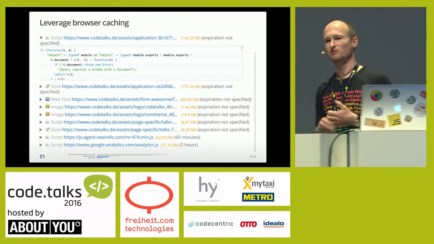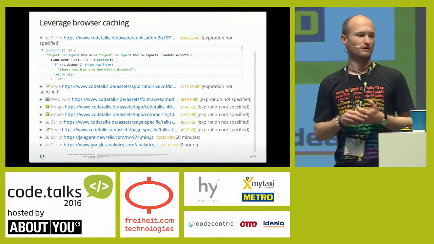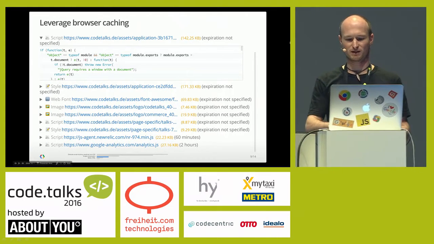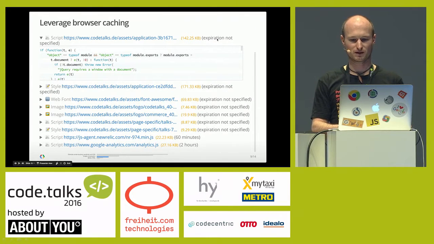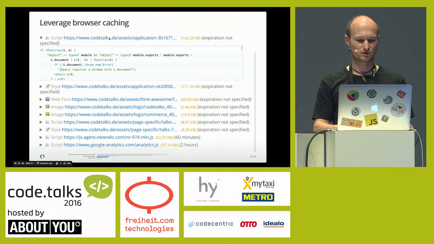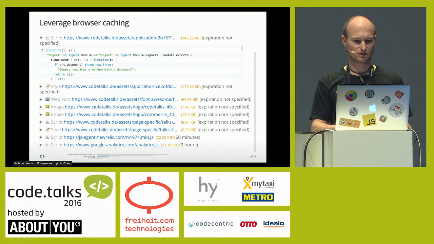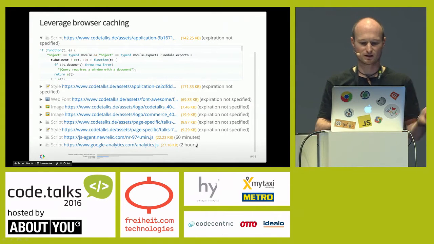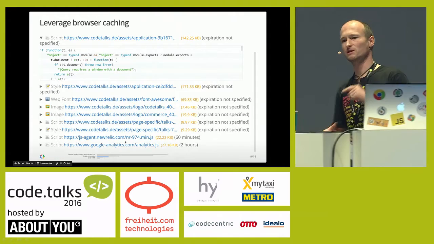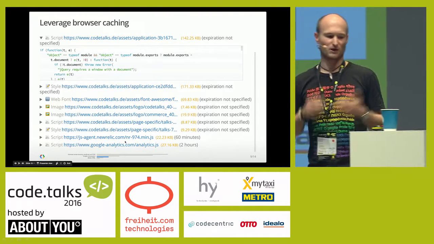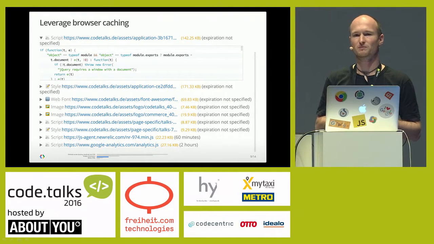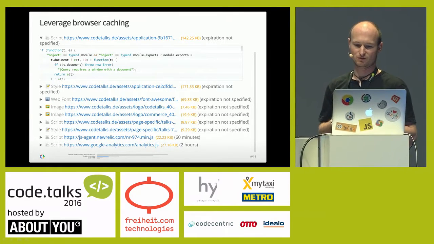And then we've talked about that earlier, browser caching. So none of the code.talks resources made any statement about cache. So you can see here expiration not specified. And this is consistent for everything, for the scripts, for the styles, for the web fonts, for the images, and then a couple of external scripts. So again, we criticize Google Analytics because it only has a 2-hour cache time here. But yeah, again, this is because there are just some best practice recommendations. Obviously, some of the